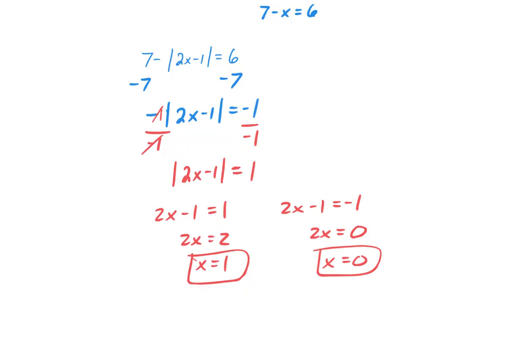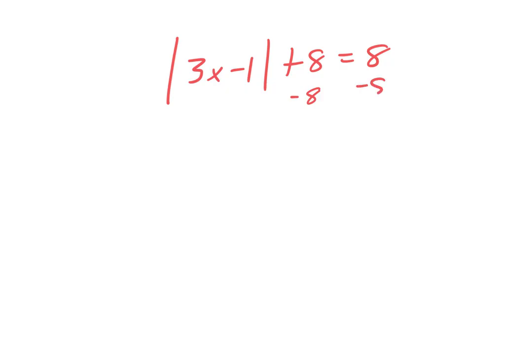All right, so those are all absolute value equations, okay? Pretty straightforward. Most of the time we're going to have two answers in there. I told you the one exception. If I gave you one like this, most of the time we'll have two answers, right? This would be the one time that you would not have two answers. And the reason why is because if I were to subtract 8 from both sides to begin with,